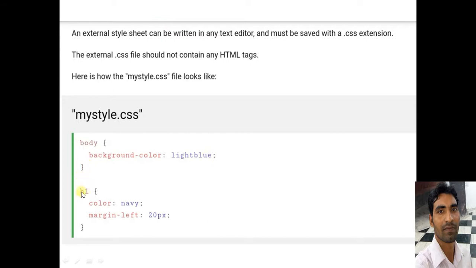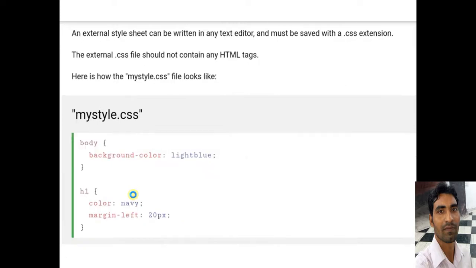Then we write the second element, another element, that may be h1 or p or any other element, then again curly braces, then the property and its value, another property and its value, and semicolon, and then curly braces close. And after this we save it with the name mystyle.css, like here given.